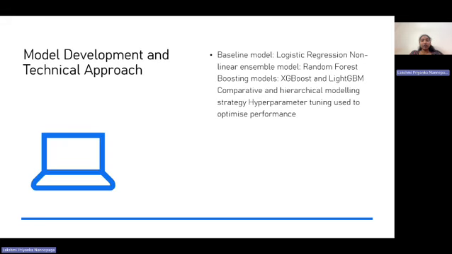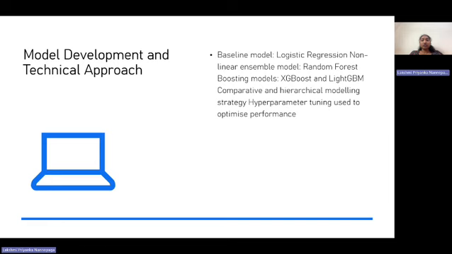Model development and technical approach. The model strategy follows a structured progression from simple to more advanced methods. Logistic regression is used first as a baseline because it is interpretable and provides a reference point. Random forest is then used to capture non-linear interactions through bagging.